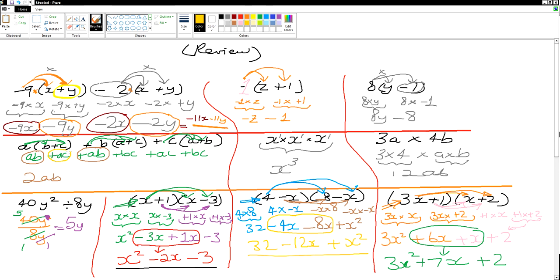Okay, next. We have plus AC plus another AC. No more ACs. What will give us? Plus 2AC. Well done. You have plus BC and plus another BC. That will give us? Plus 2BC. And that's the end of that review of our last week's multiplying brackets and simplifying, negative numbers